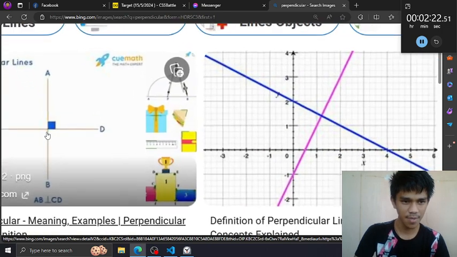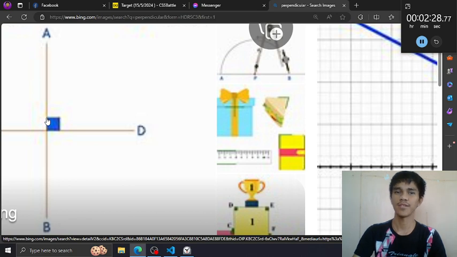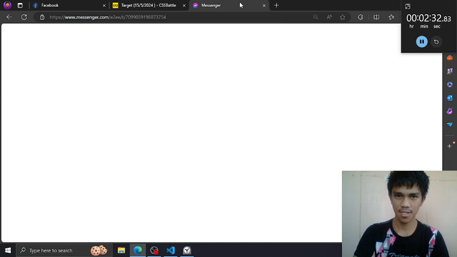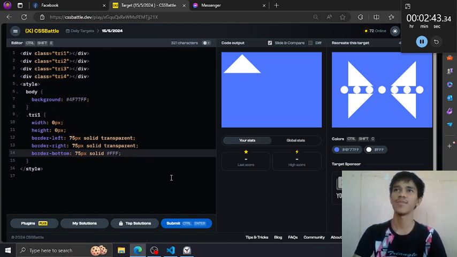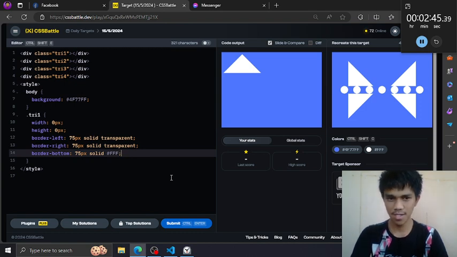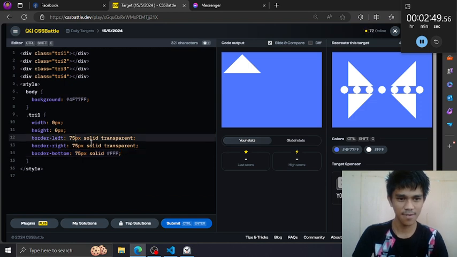This is perpendicular, like they are connected on some point and have an angle of 90 degrees. That's exactly what we are trying to do. So make the one side perpendicular and the one side slant, or when I remember in trigonometry, it's called hypotenuse. So anyway, that's none of our business.